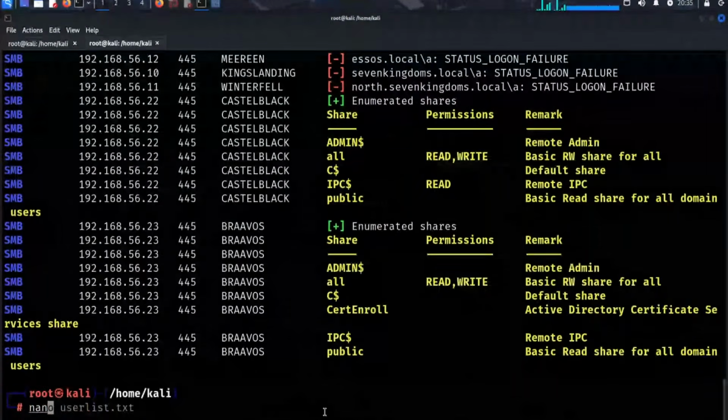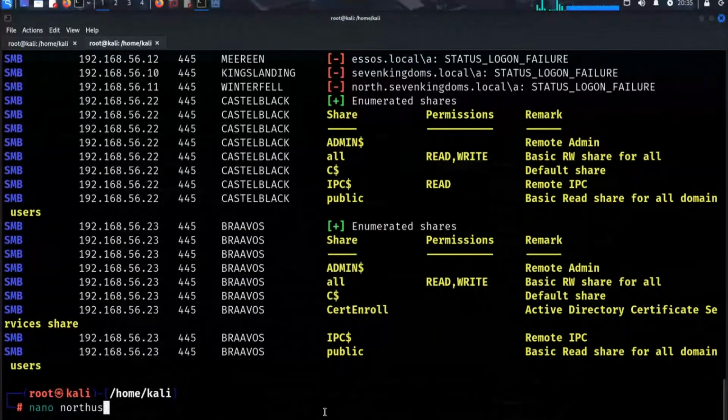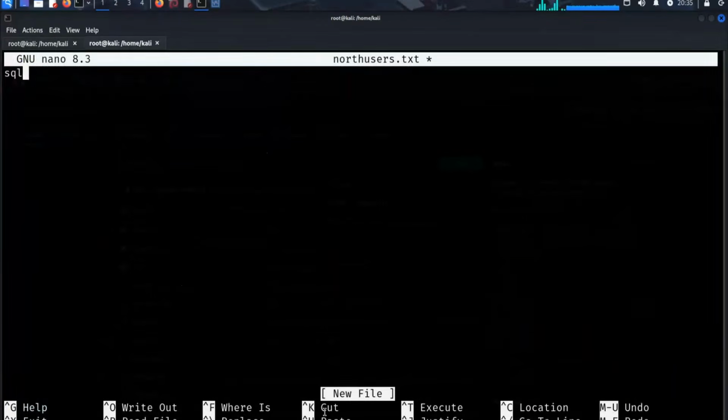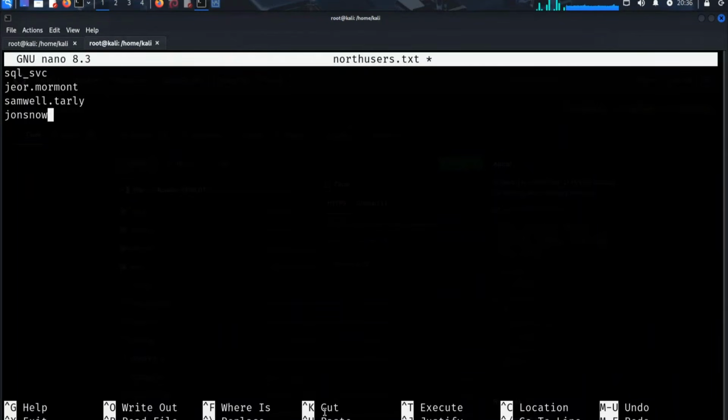So nano northusers.txt, right? We found the SQL service, sql_svc, right? There was jeor.mormont, samwell.tarly, jon.snow,